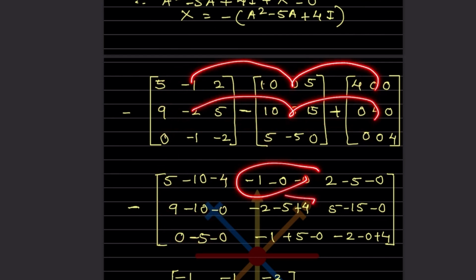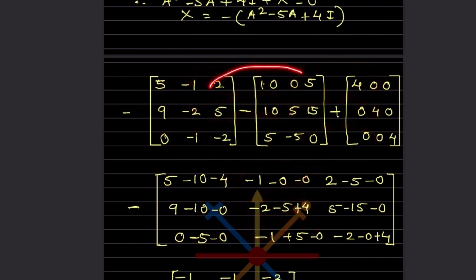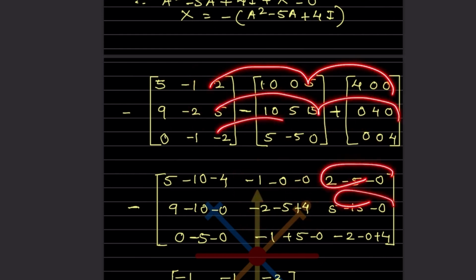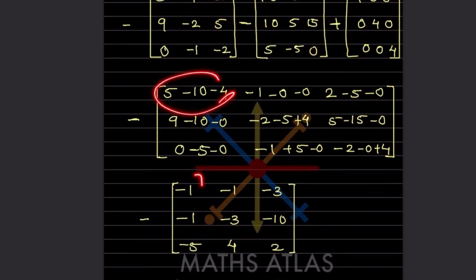This one is going to be here. So now 2, 5, this is going to be here. This here, this is going to be here. So now what will you do? After this you get here,